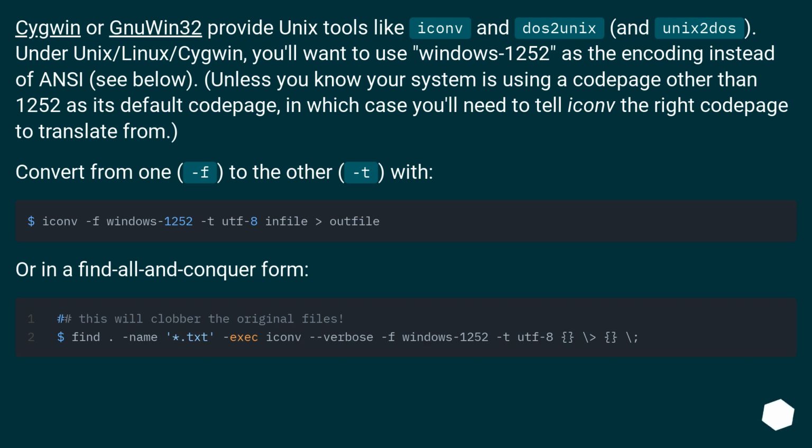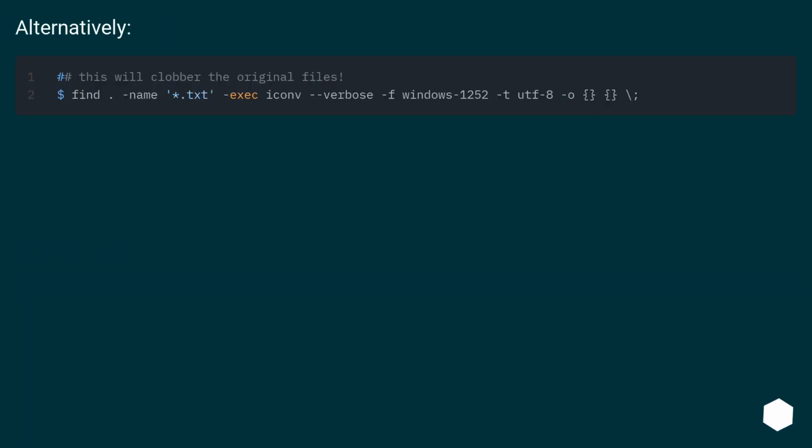Convert from one F to the other T with, or in a find-and-conquer form. Alternatively,